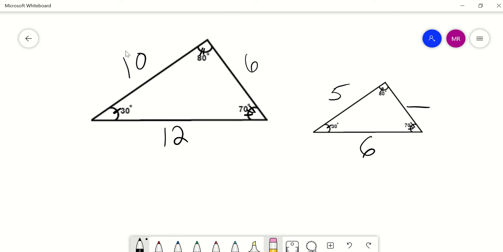Well, 10 down to 5, we divided by 2. 12 down to 6, we divided by 2. So 6 divided by 2, and we get 3. And that's true, that these two figures are similar. That is a mathematical term, similar. And what does similar mean? It means the same shape,